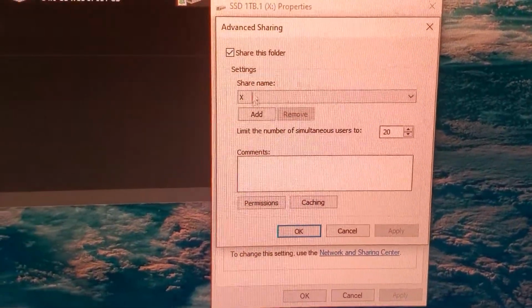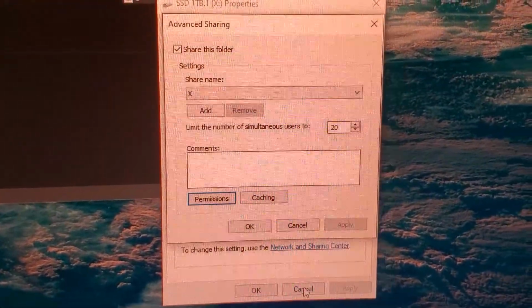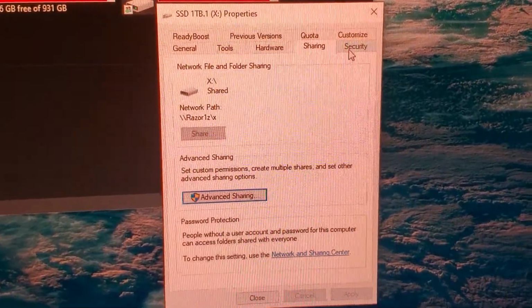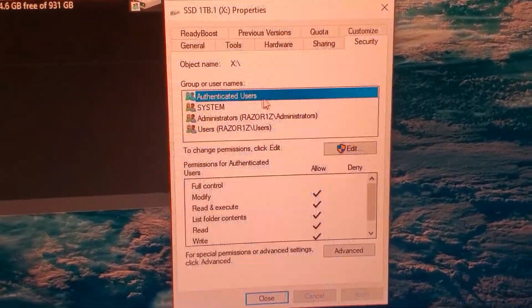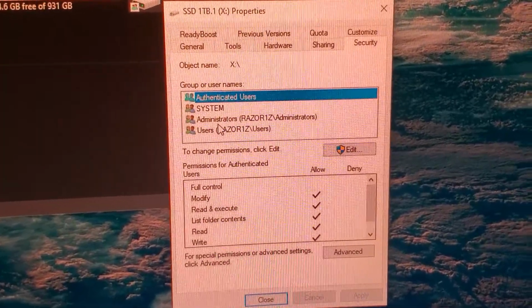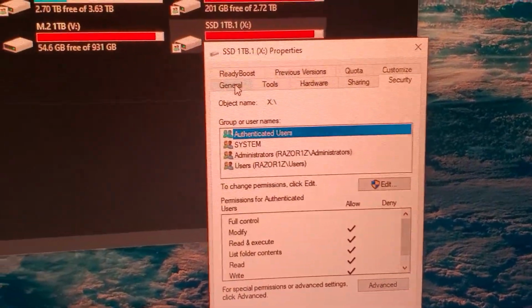We did share the folder. Everyone has access. So what's wrong? Well, you got to go over here to the security tab. If you notice, these users have access to the folder. Alright, so this is for this X drive. So my